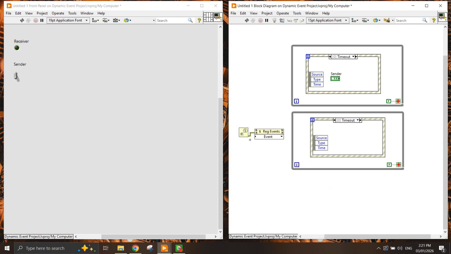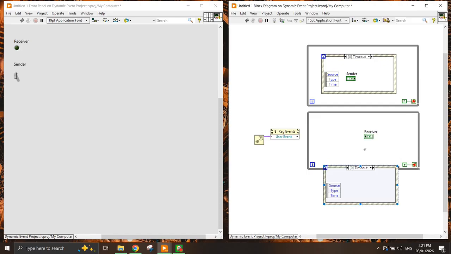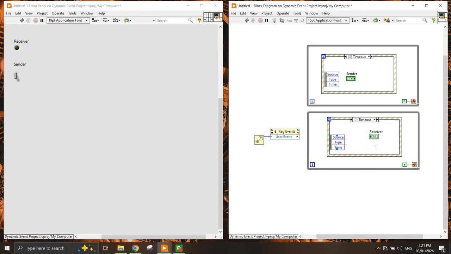Now what is the function for this create user event? It needs to check for a particular value that is actually being sent by the sender here. And we can just put the user event into the user event here. Right now you can see there is no value, but we need to make sure that the value is actually being